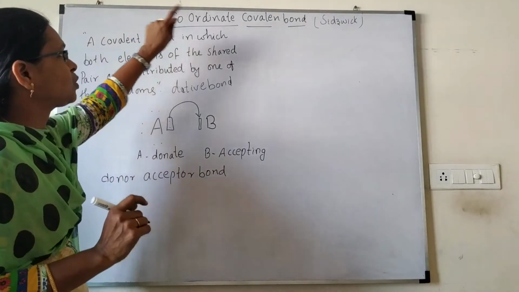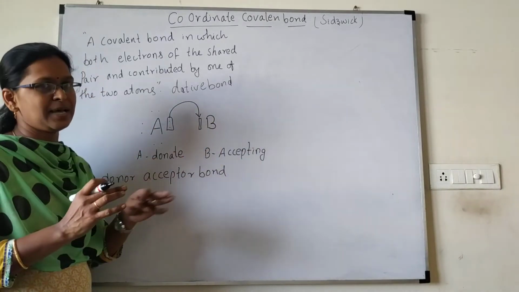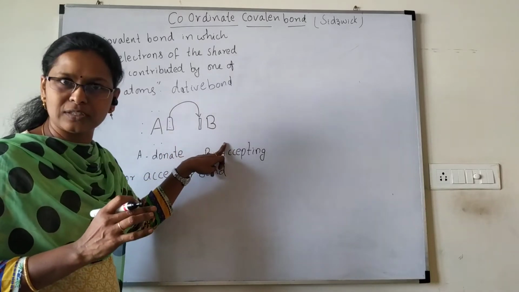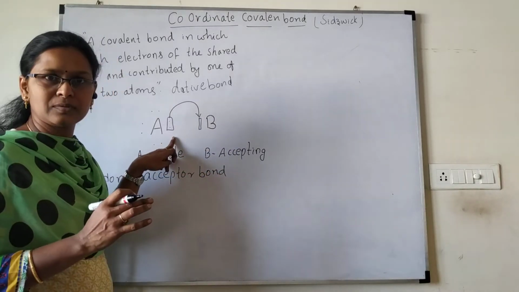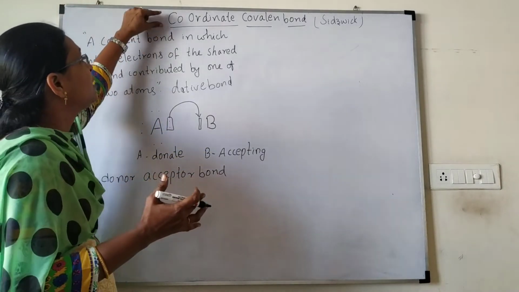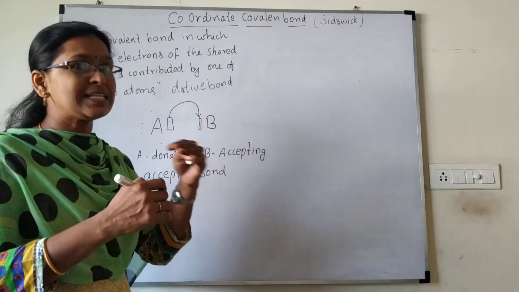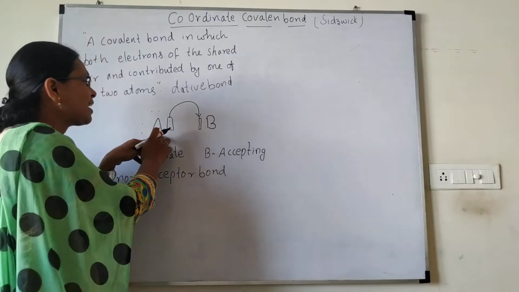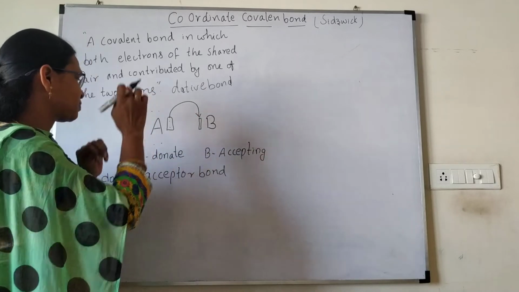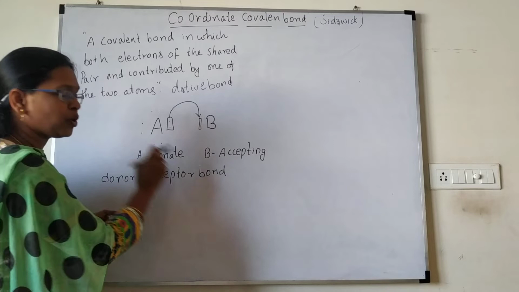So coordinate covalent. This is a coordination of covalency. Like for example, if B atom is ready to take the electrons, but A is not ready to give, then what will happen? There is no bond formation. That is why we call it the coordinate covalent bond. Sharing of electrons is here, but who is sharing? Only one atom is sharing the electrons with the electron deficient atom. So that is why we are calling this a donor acceptor bond, right?